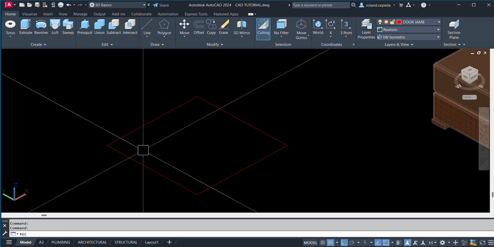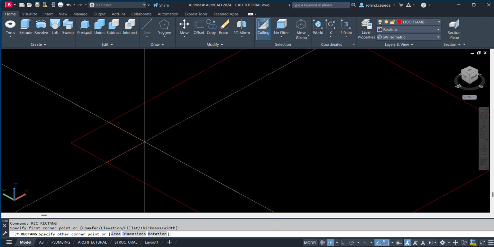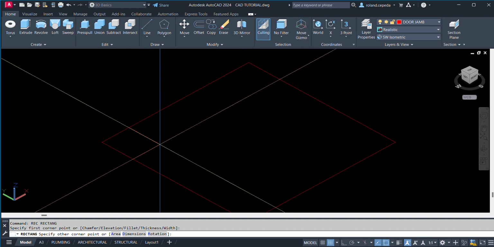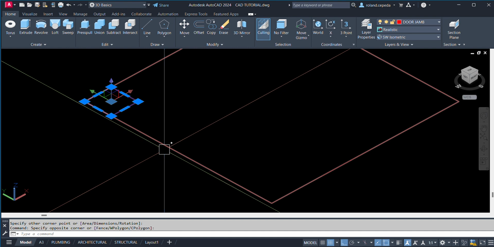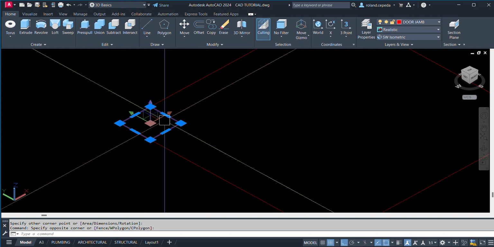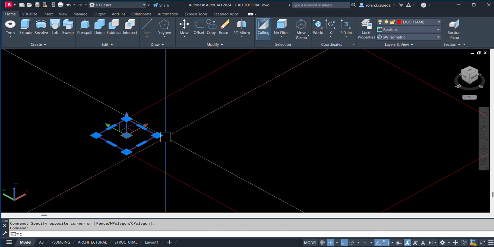Okay, I'm going to create another rectangle here for the stand or the footer. I'll just type again D for the dimensions. I will input 100 mm for the length, and then 100 mm for the width also. So I'm going to copy this one. I'll just select this little rectangle here, or circle, no, a square.